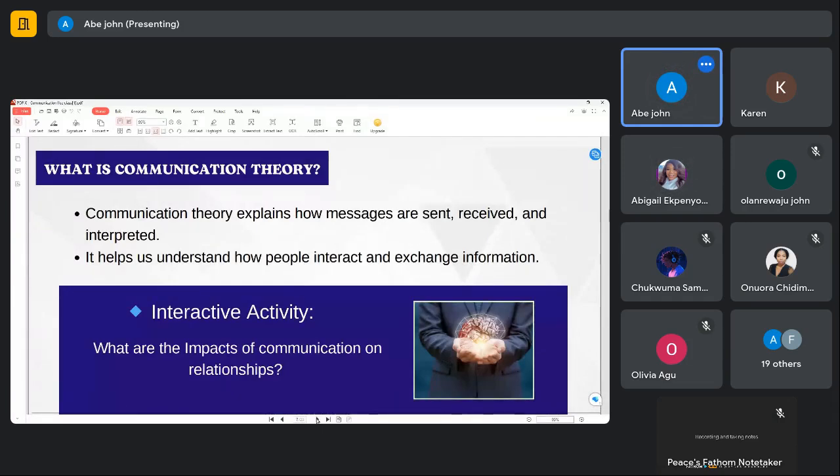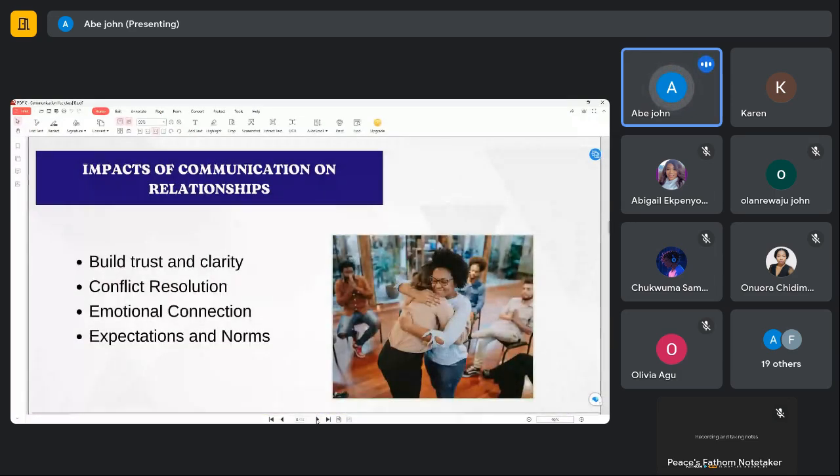Okay, now let's look at the impacts of communication on relationship. Number one, it builds trust and clarity. It enables you to trust your team member with the project. If a task is assigned to a team member, you are very sure the team member will execute it rightly and be able to beat the deadline.